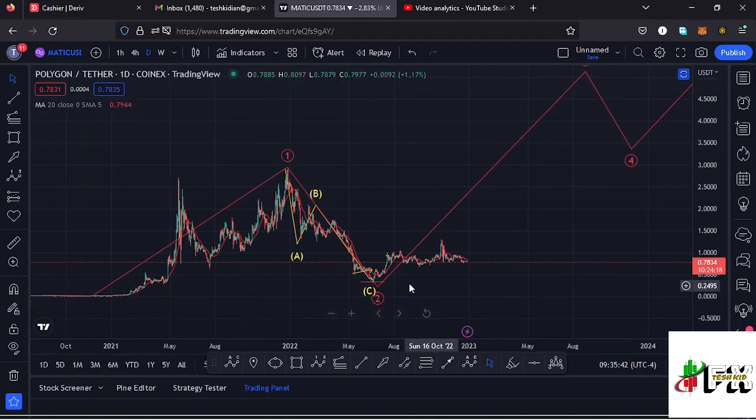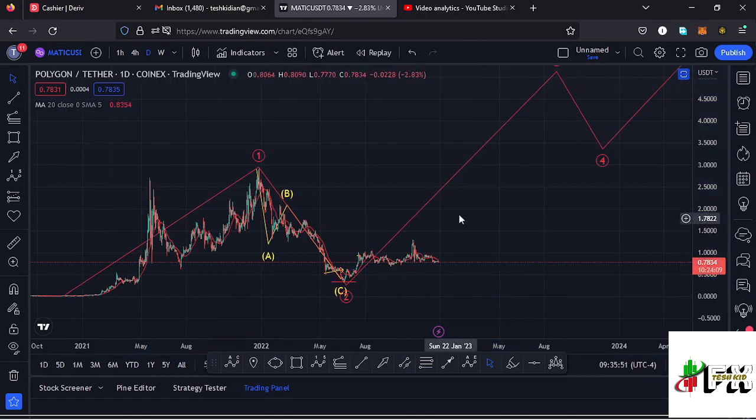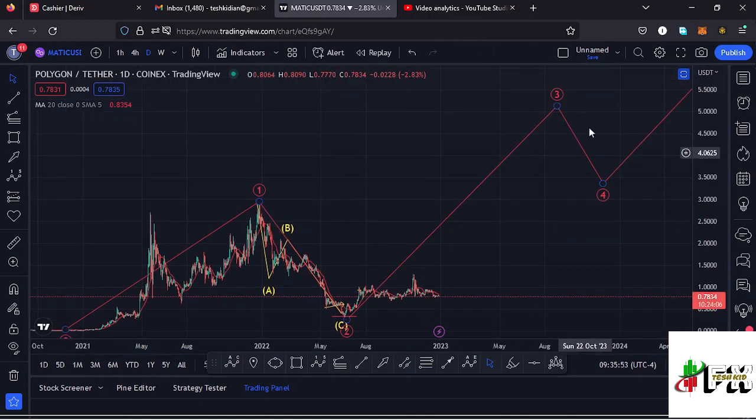And in that movement to the lower side, I'm terming it as a higher Elliott wave count 2 to the lower side, and there are chances that we might have seen the low for that second wave, and we might have started that bounce to the upside in the formation of these higher Elliott wave count 3 to the upside,